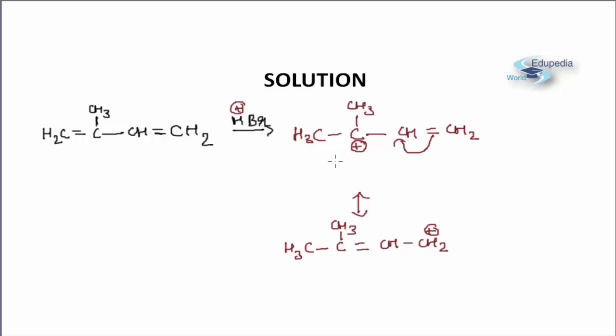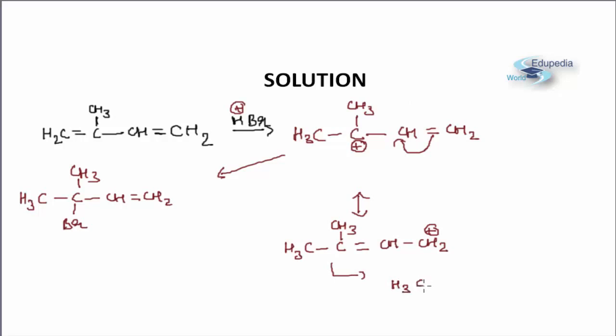Fine. And now if these two carbocations take up bromine, the product from this carbocation I am writing over here would be CH3, C, CH3 methyl group over here. One bromine comes at this place, this is Br, and then CH=CH2. And if I add a bromine to this carbocation, the product would be CH3, C, CH3 double bond CH and a CH2Br.